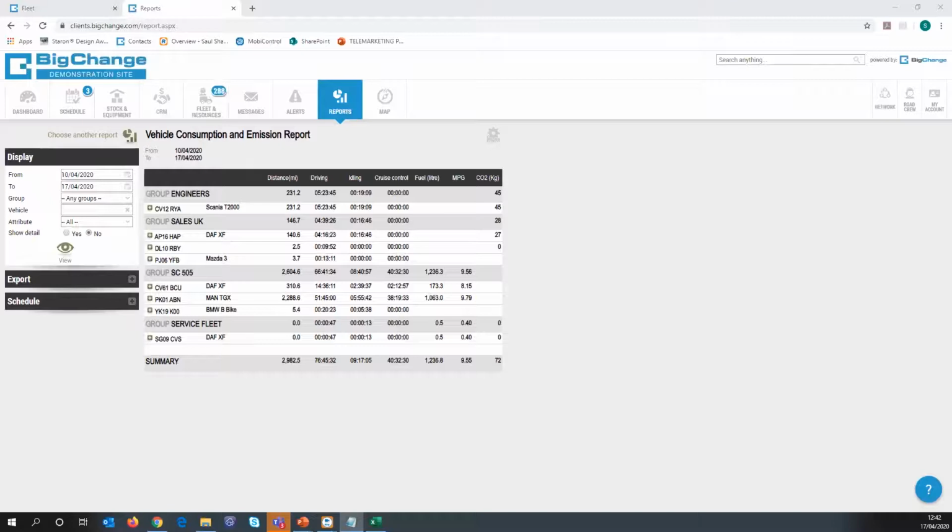So there's a few ways to do it really. You can use the messaging function on the tablet, so you can get the engineer, when he does refuel, to send a message to say how much he's refueled and where. Probably not the best way of doing it, but that is one option. The second option is to get the resource to add it as an expense through the tablet. They can say how much it's cost them, take a picture of the receipt, and say how many liters they put in